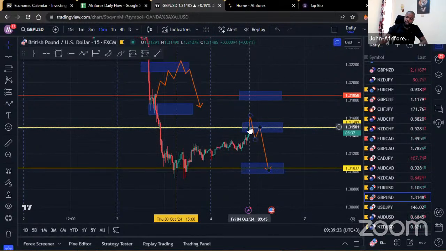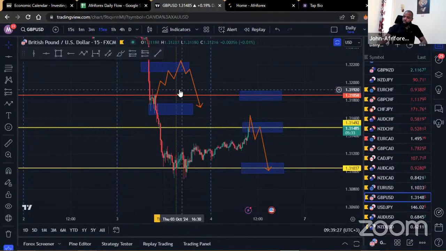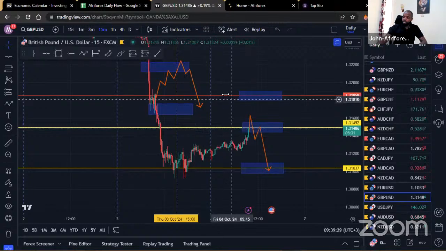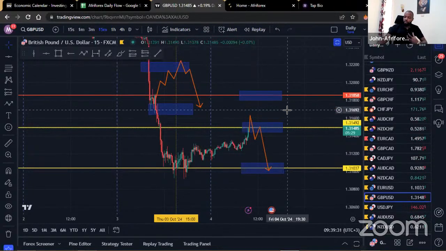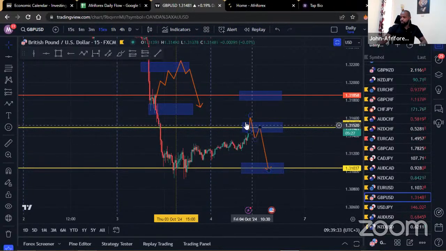Because right now, we don't know whether the level is going to hold. The market could easily break through this region to the upside, and you could find the market coming back all the way to within here. So we still need to see a bit more confirmation, but at least it's within a good region right there. So let's see what happens.